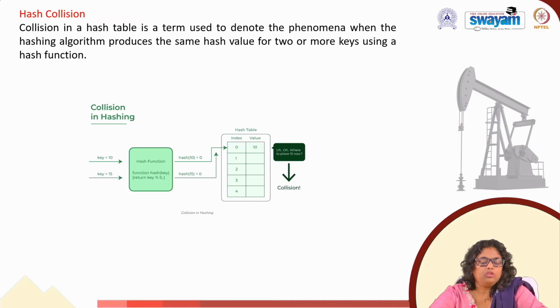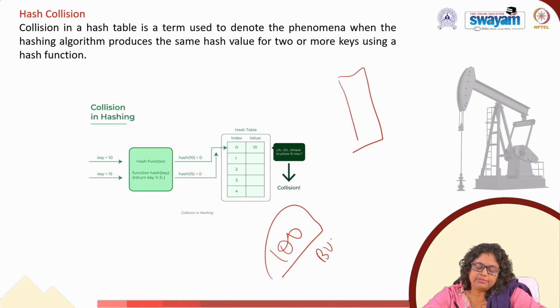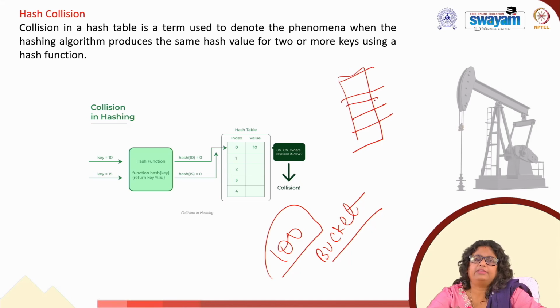So what could the problem be here? We can have a large number of key values, but I have the bucket size fixed. Say I have 100 different inputs in total, and the bucket size is only 10. So the hash values are only 0 to 9. These 100 different input values I need to put into these indexes. So how will we proceed? We have some methods, but this phenomenon we call hash collision.